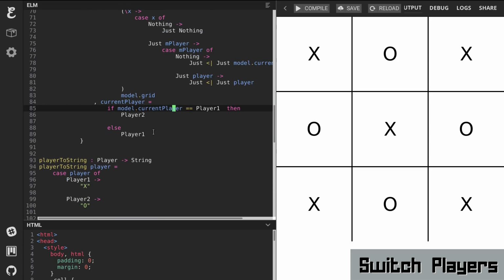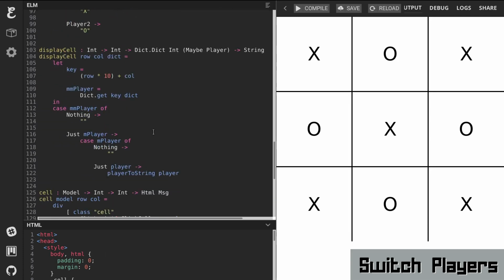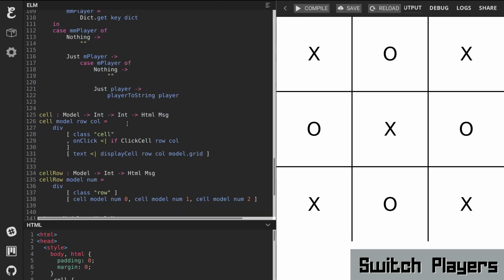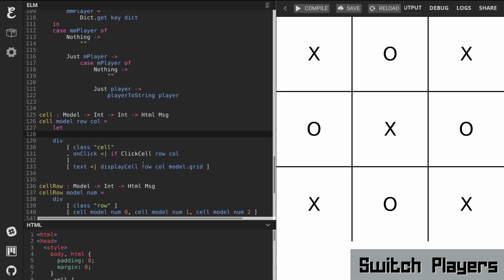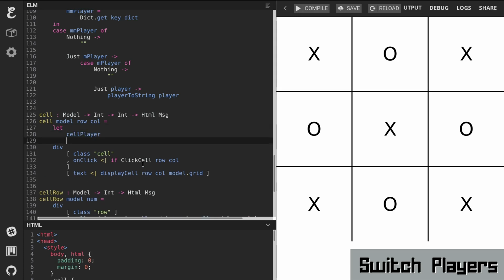If the current, okay. Let cell player in. So this is gonna work. Let cell player equals, and we're gonna get it from model.grid